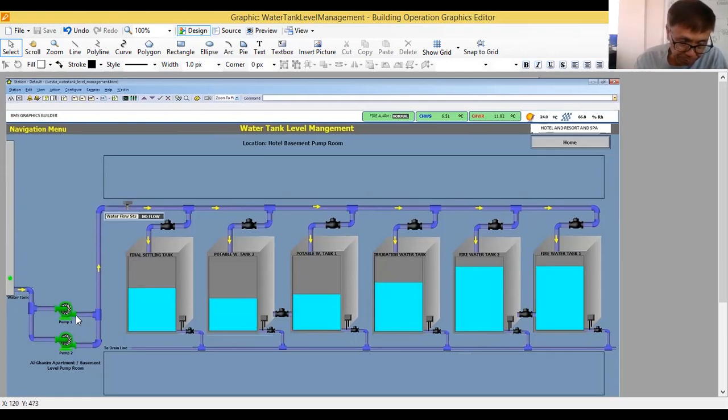Here I have 2 pumps that will sequence, with a standby mode. This water tank will be supplied by the municipality water supply, so the water supply from the city will supply this tank. Then the water will be used to fill up these 6 tanks.